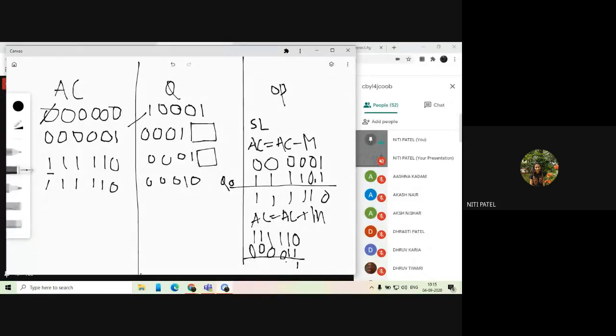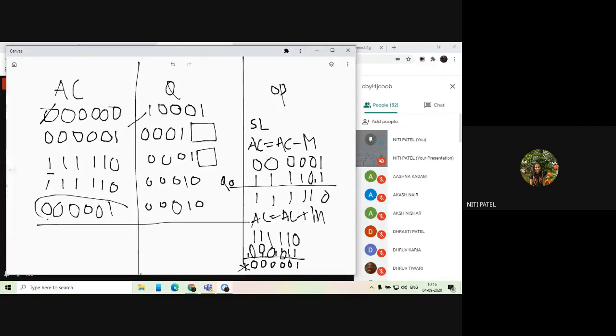0 plus 1, 1, 0, 1. And I'll discard this 1. So after the contents of AC is equal to AC plus 1, I get 1, 2, 3, 4, 5, 0 and 1. Q will be copied as it is, as I have already set the value of Q0. And now I have to check whether the value of this AC and this Q matches with the value of AC and Q after left shift.